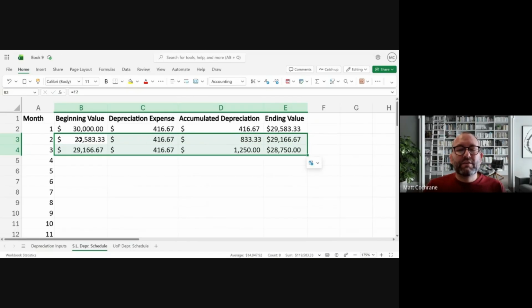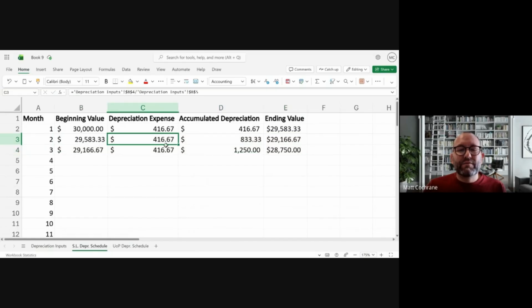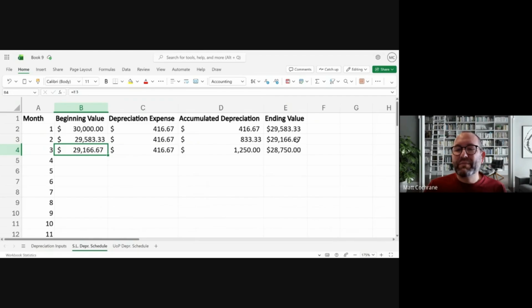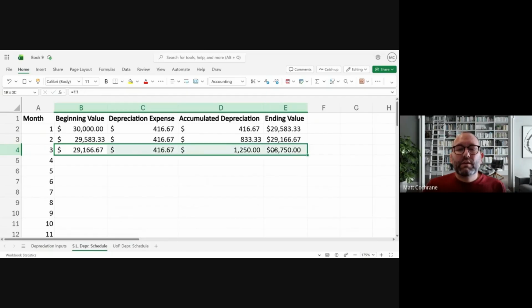Okay, and so yes, we start here, the 416, it changes. This value is pulled from here, so that looks good. And 833 plus 416.67 is equal to the 1250. That's good, and our ending value looks good as well. So now we can drag this, and what we should see is that the ending value after this depreciation expense has been applied over the 60 months or the 5 years, the ending value should be 5,000 if we did it right. So let's drag this all the way down